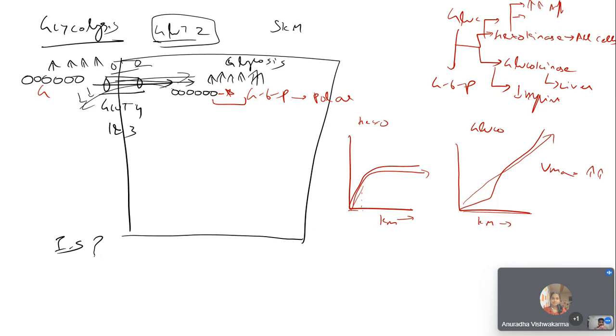No, so I don't think it is always active, because in low glucose, when the glucose is very low, we don't want to convert it. We don't want to break it down. So basically, in this